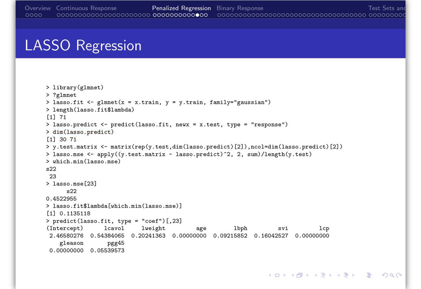To calculate the prediction mean squared error, we create a matrix that stores each test set subject's LPSA in a row, which is repeated to match the length of lambda. Then we calculate mean squared error and find which has a minimum value and use that to extract the coefficients for our best model. For the LASSO, 5 variables have shrunken non-zero coefficient estimates, while 3 variables' coefficients have been shrunken to be identically equal to 0 and thus are not included in the model. So the LASSO solution can perform automatic variable selection.